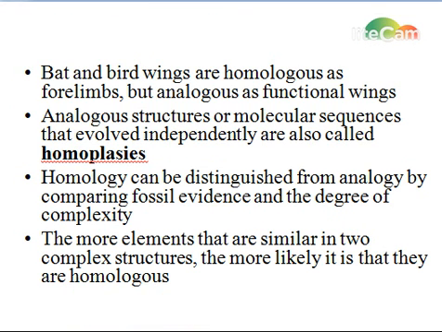Here are some more comments to help you understand the difference between homologous and analogous characteristics. Bat and bird wings are homologous as forelimbs, but analogous as functional wings. Analogous structures or molecular sequences that evolved independently are also called homoplasies. And a homology can be distinguished from analogy by comparing fossil evidence and the degree of complexity. The more elements that are similar